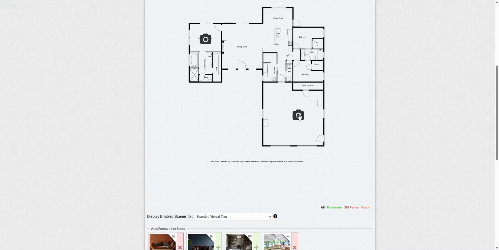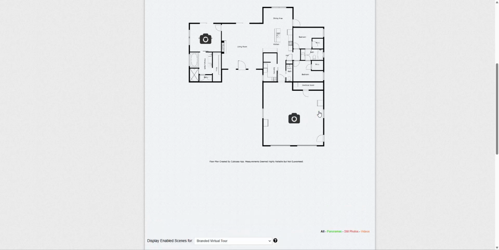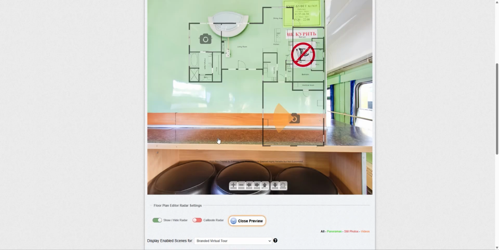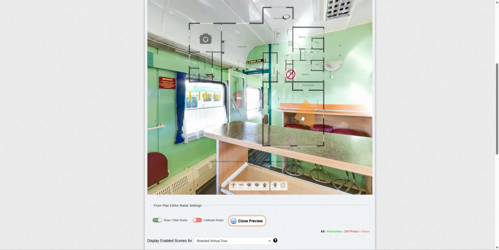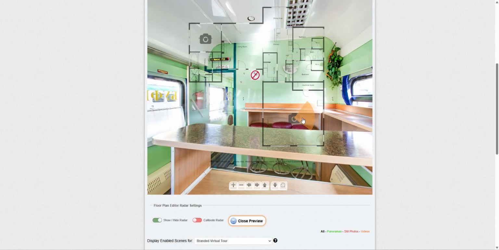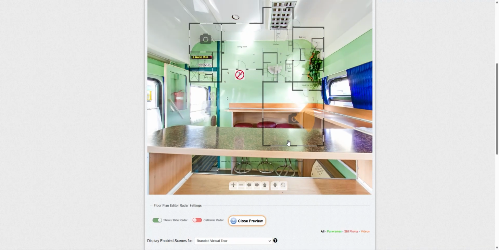Now we'll move it down, and if we click on it again, we'll get this little icon. If we click the green arrow, now we can see inside of the panel. We spin this little radar right here. We can point it in different directions. So let's say if we're inside of this room and we need this radar to point this way to represent the direction we're looking. So we click calibrate radar. We can grab this radar again, move it in the right position, let go,